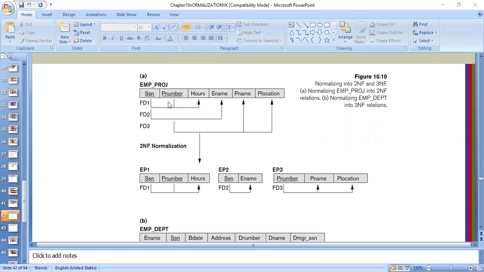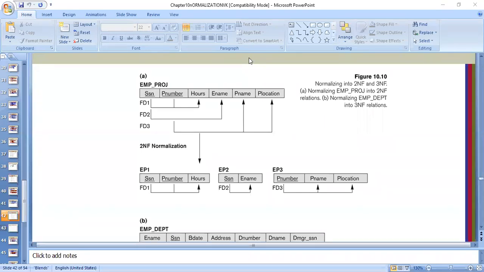So here again you can see that normalization is not a process of cutting, it is a process of logical decomposition. If we would have cut, we would have cut project name and project location separately, and only e-name separately. But only e-name is meaningless unless we have SSN number with it. And only p name and project location is not useful unless we have project number, which uniquely determines them. Clear? So this is how we split it into second normal form. Is it clear?